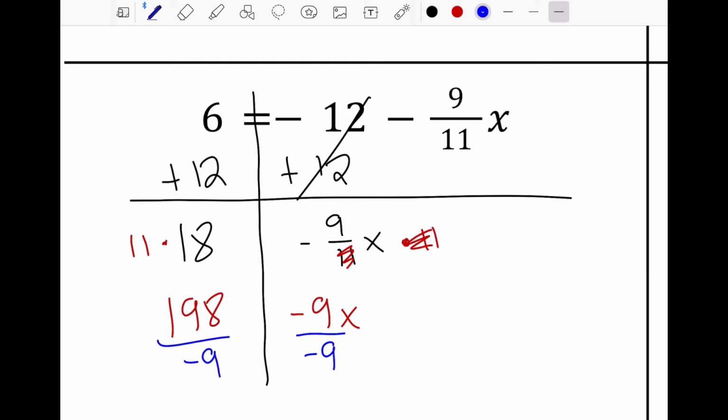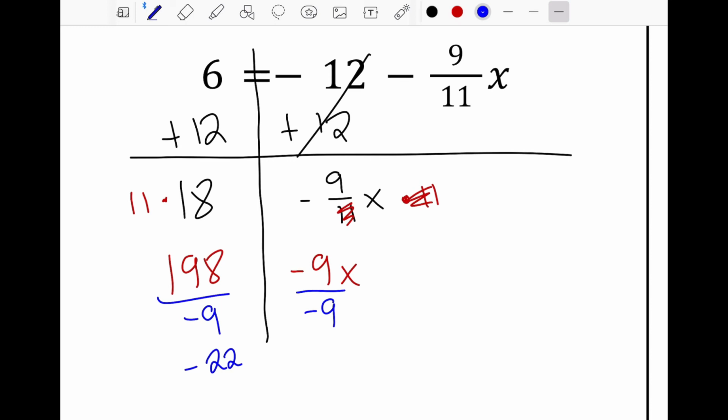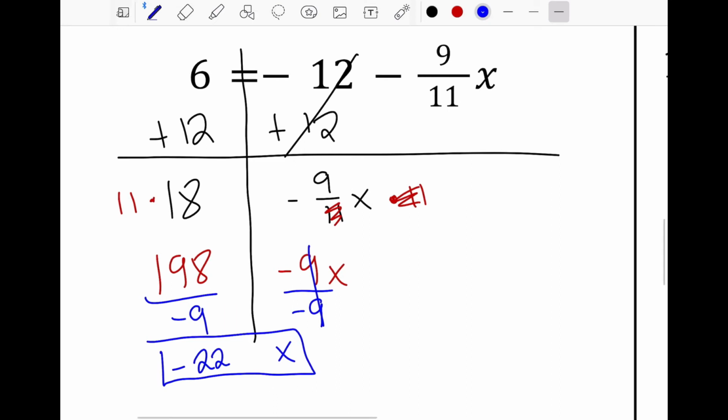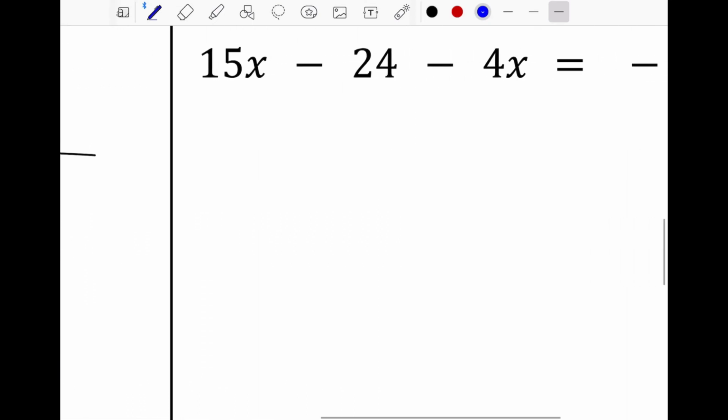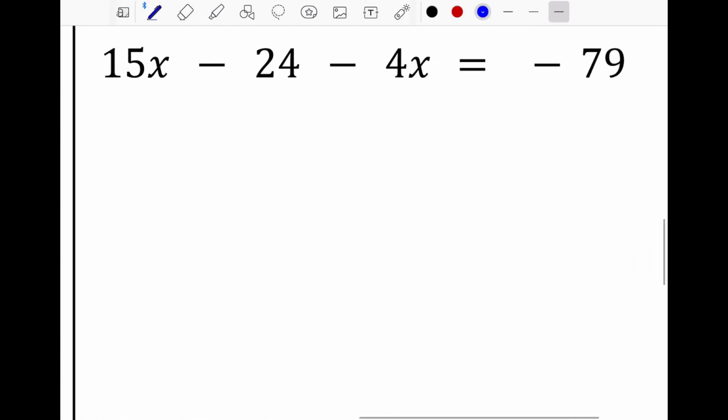When I take that 198 and divide it by negative 9, what we get is negative 22. And that negative 9 divided by negative 9 cancels out, leaving me with just x. So the value of x is negative 22. All right, let's move to the next one. All right, so looking at this one,